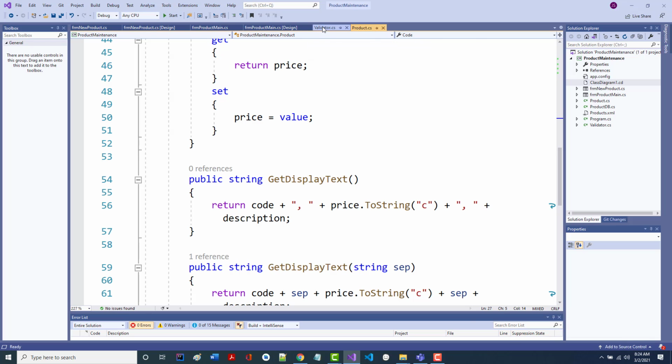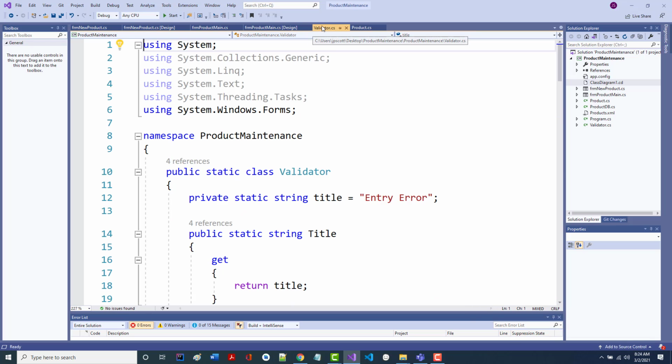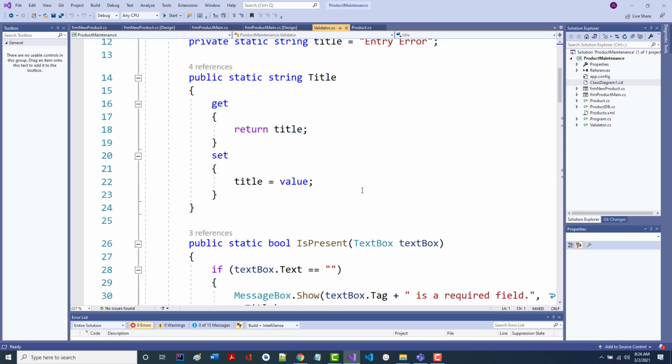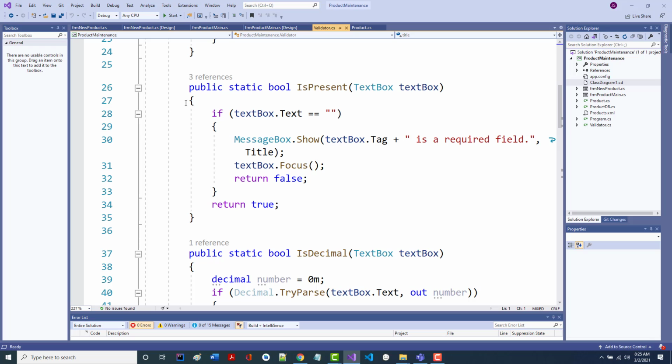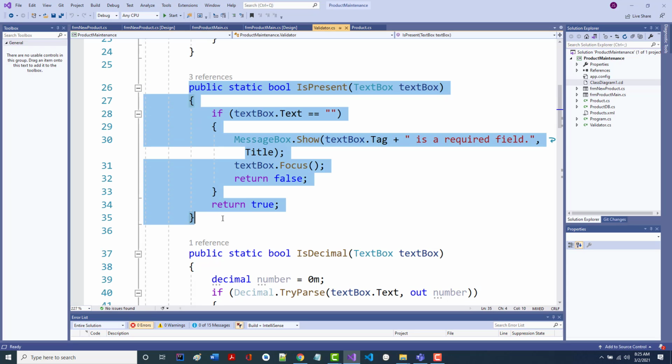So there is validation being done in here, and it's being done right there. It's being done in this thing called validator. All right. And if you remember, we used that tag yesterday, and in that tag, we put in something like code or description or price. We use that because we are running here a generic routine that is going to check to see whether or not the field that we put in has got anything in it or not.